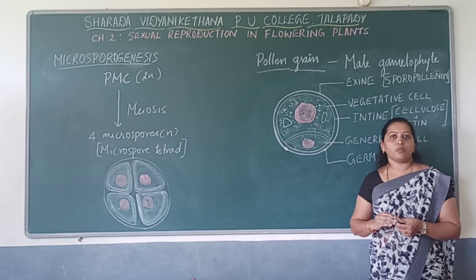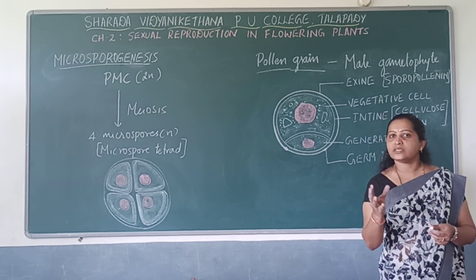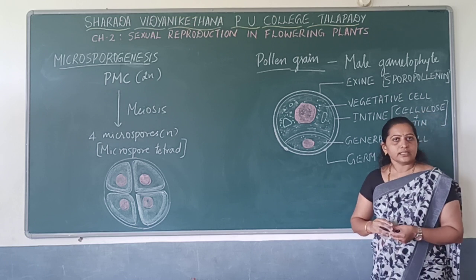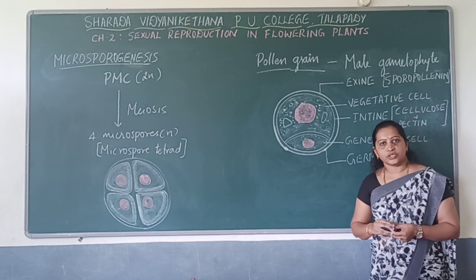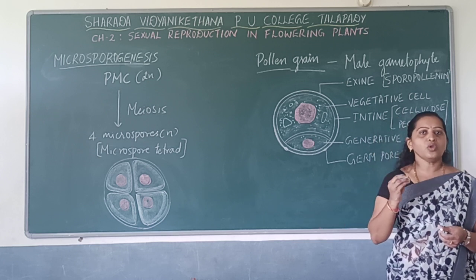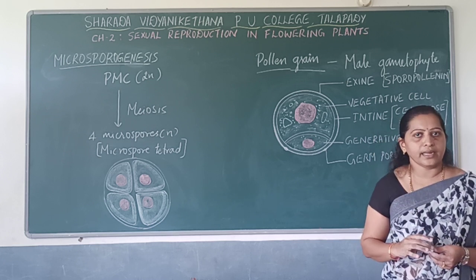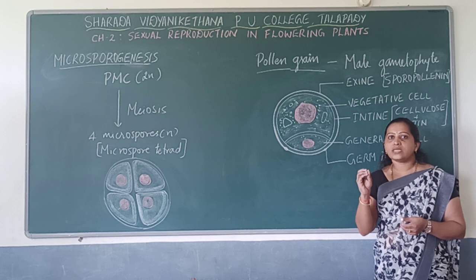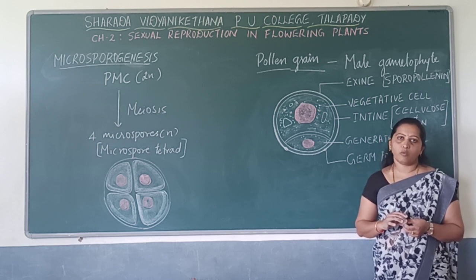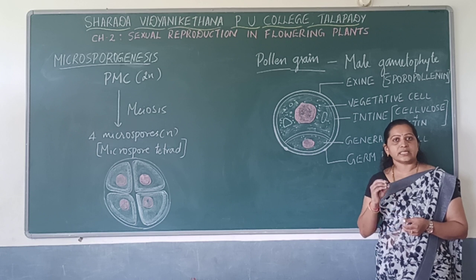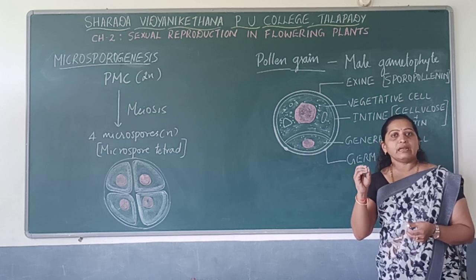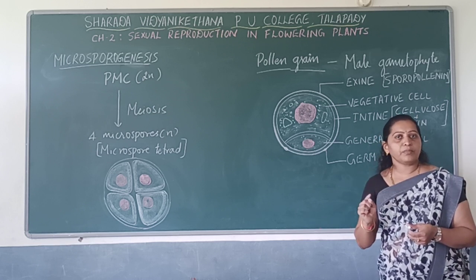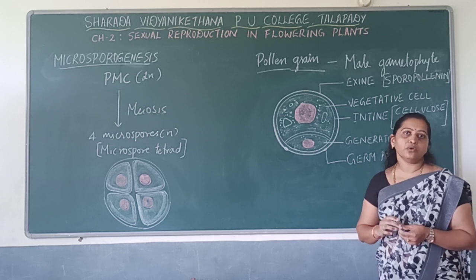Such a process where the pollen grains are released from the anther and deposited on the surface of the stigma is called pollination. So we will see how long the pollen grains retain the ability to germinate on the surface of the stigma, and this particular process is known as pollen viability. So pollen viability is the time period where the pollen grain retains the ability to germinate.